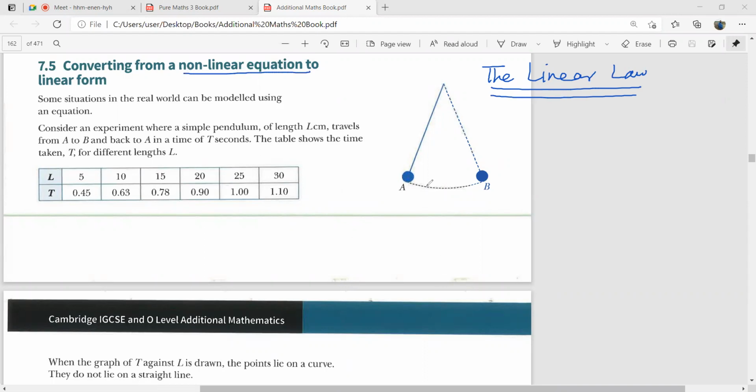Guys, the thing is that you will be seeing this a lot in your physics practicals, especially. I have seen students using this linear law to obtain a straight line graph. Many a time when we are conducting research, we are not interested in the actual shape of a curve. We basically want to see the trend of the curve. Does it have a positive trend going upward, or a negative trend? And then what is the initial value?